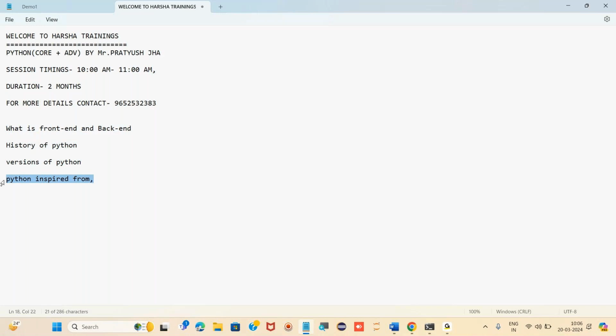Right. Today we are going to see such an important topic, which is nothing but features of Python. Right. So before learning any technology, we should know what are the features. Why we should learn Python, what makes Python different, or what makes any language different from other language, right?